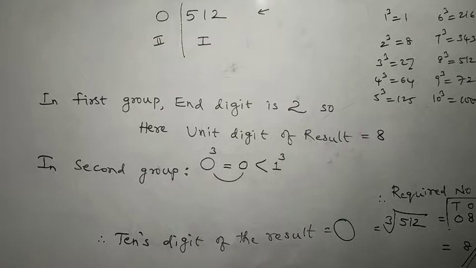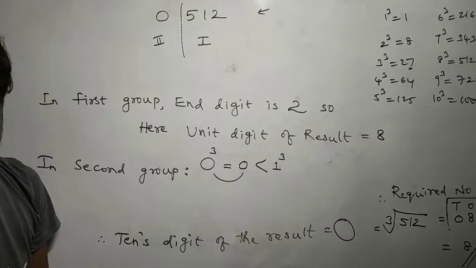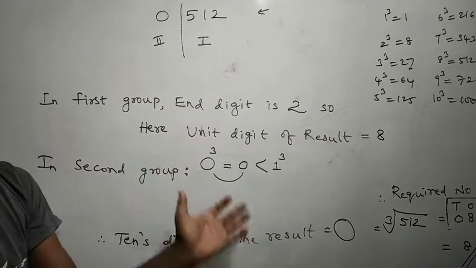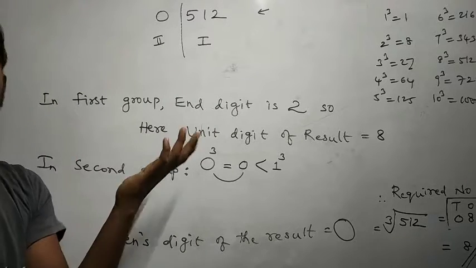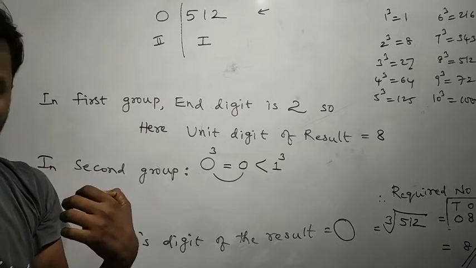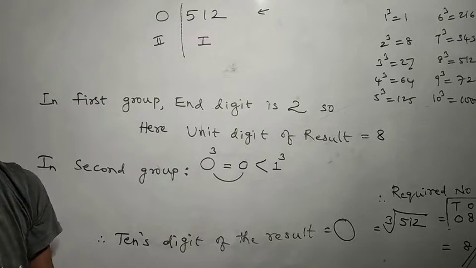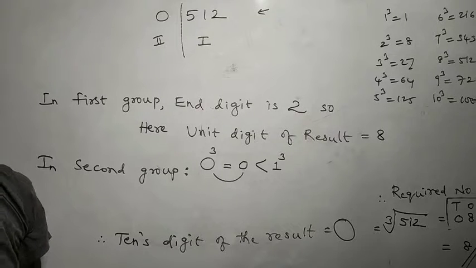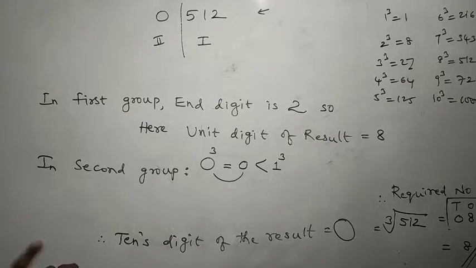So this is an estimation method of finding cubic roots. Okay, so you can apply this condition for any cubic number to find the numbers. Now, to find the cubic root of numbers, it is just estimation. And to find cubic roots, we have one more method, that is the prime factorization method.